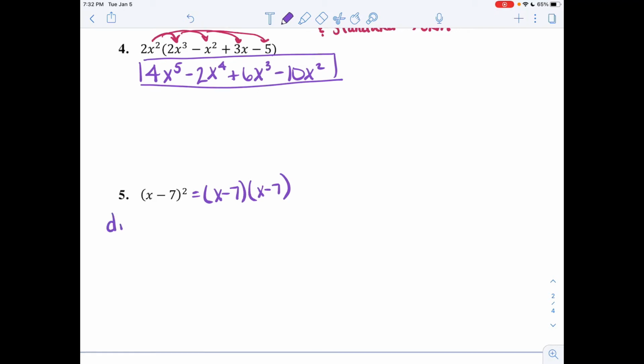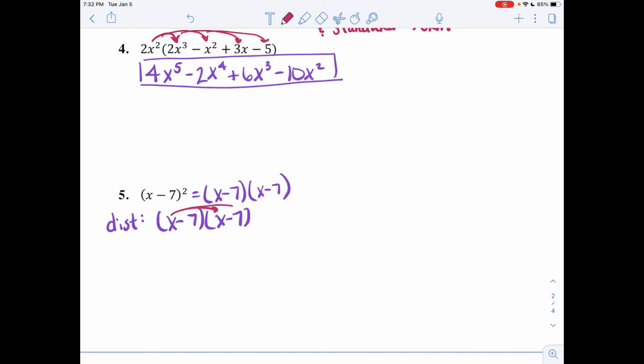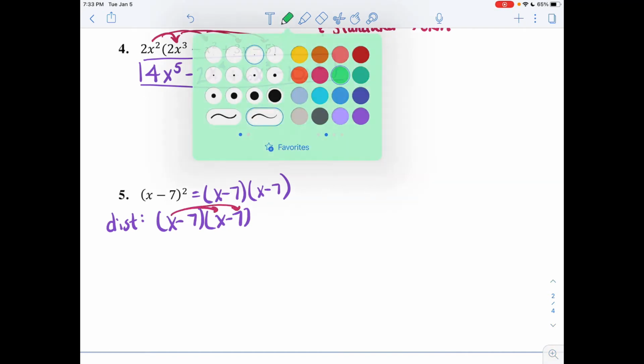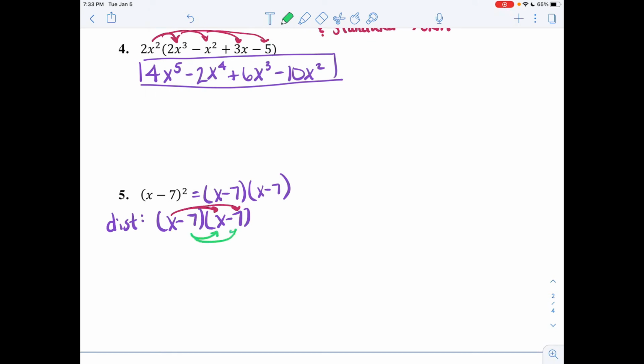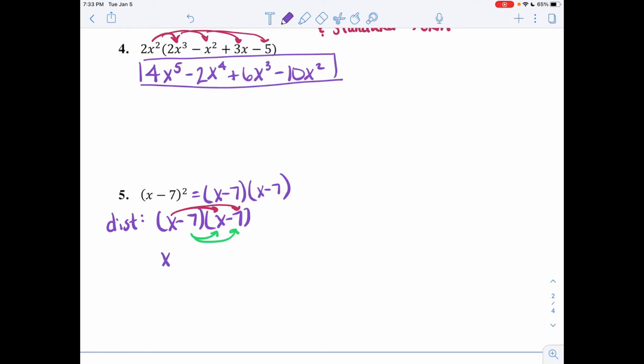One is distribution, similar to what we just did, except that we have to do it twice. So I have x minus 7 times x minus 7, and I'm going to distribute the x to both terms, and then also distribute the negative 7 to both terms. When I do that, I'm going to get x times x, or x squared, a negative 7x. When I multiply the x times the negative 7, that takes care of the red. And then I want to move to the green. I'm going to have a negative 7x